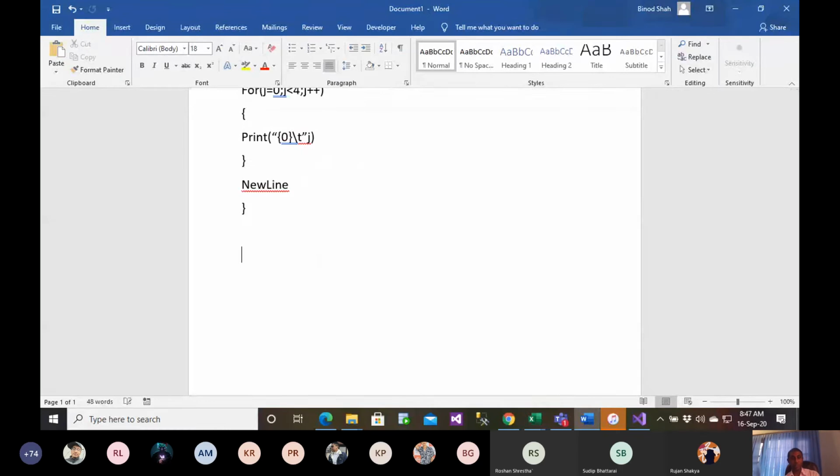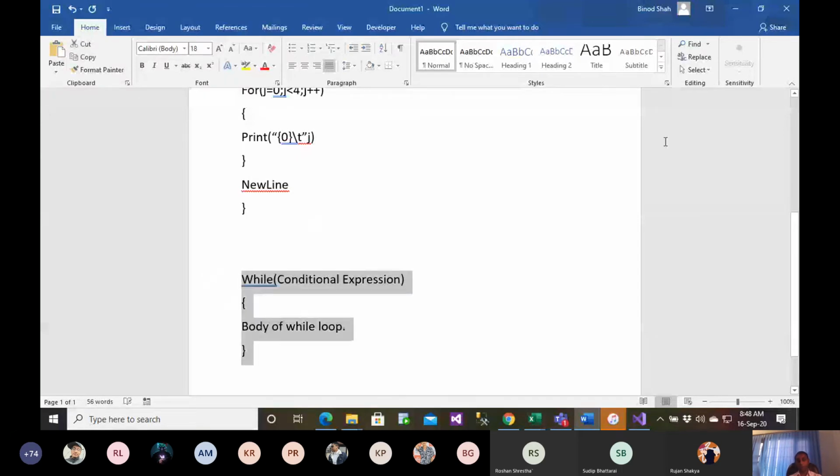The while loop has a very simple syntax, as you might have already studied: while with some conditional expression. Now I am going to write one program and ask an individual what would be the output of the program.